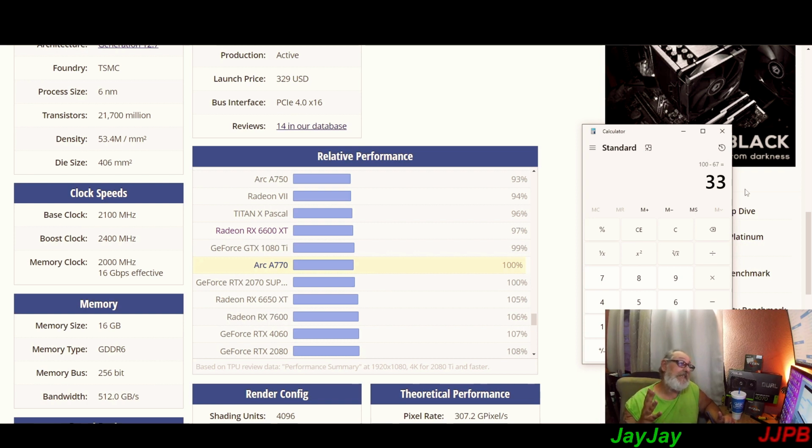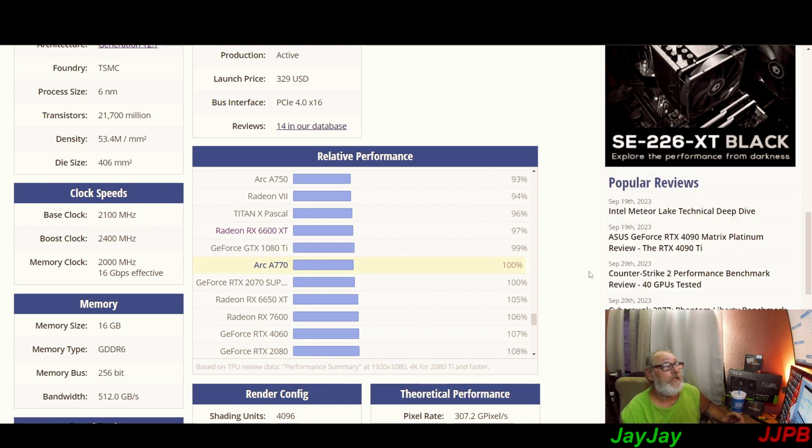But the A770, you can see the price point. You want to buy a 3050 or a 770? You've got 16 gigabytes on the 770, and on the 3050, you've got 8 gigabytes. So do your math, do your homework, and that's all I was doing in front of you all, was the homework. A little bit of math just to show you the difference between the two.